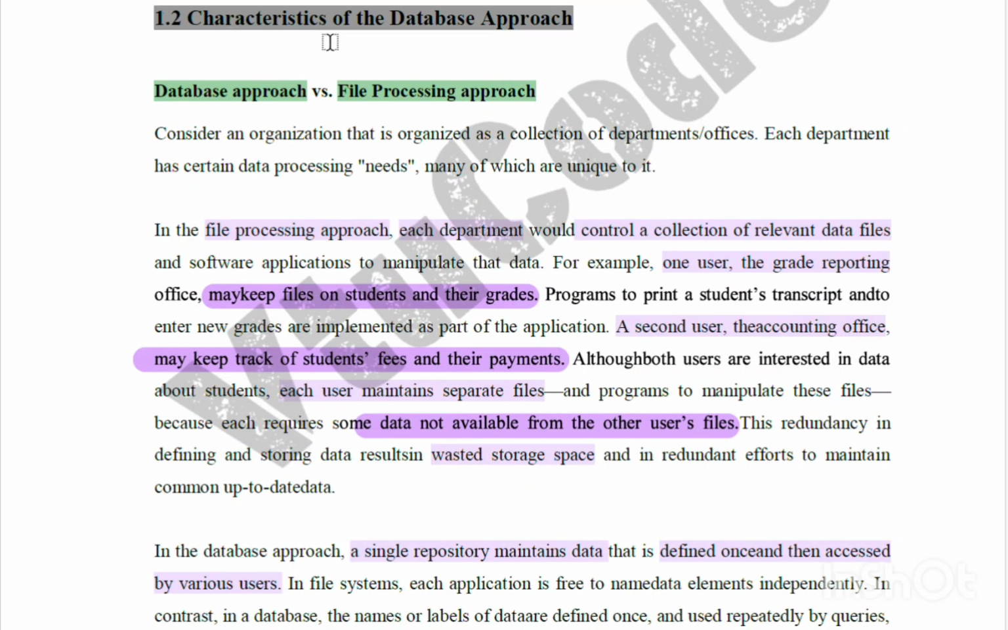Let's discuss the characteristics of the database approach. This is a very important question of module 1, BCS 403: the database approach and the file processing approach. There are two approaches. Database is the new approach, and file processing is the traditional way where we can